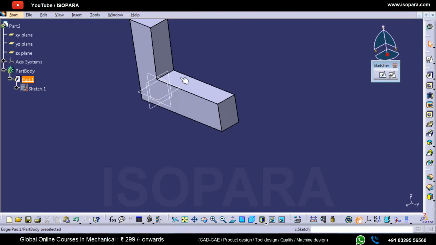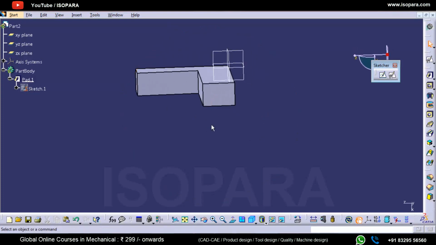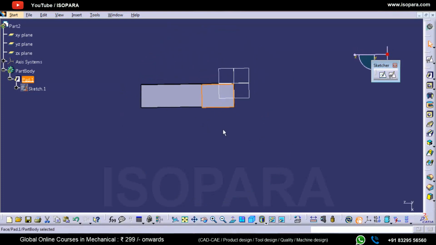Let's suppose I want to make a sketch on this surface, something like this, on this particular face, and I want the orientation of the sketch to be like this: this should be my vertical and this should be my horizontal.